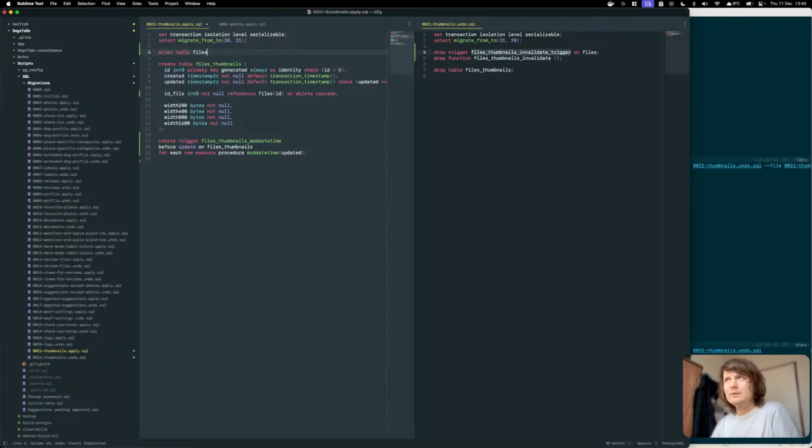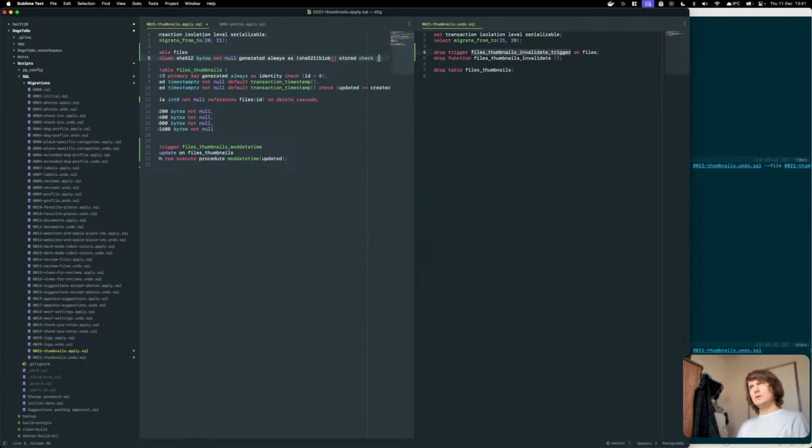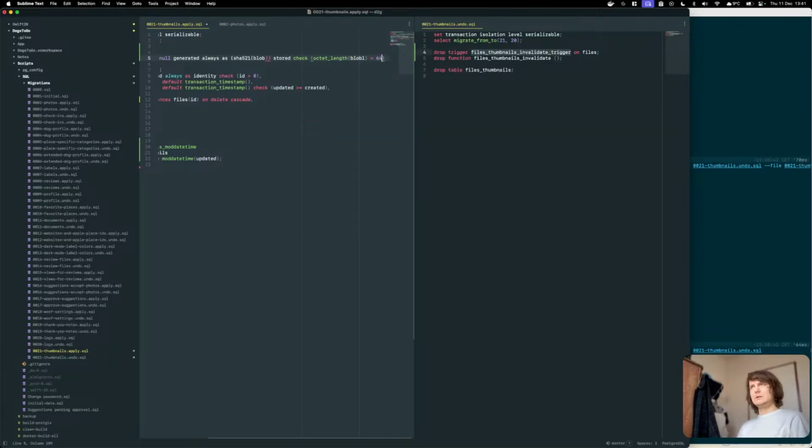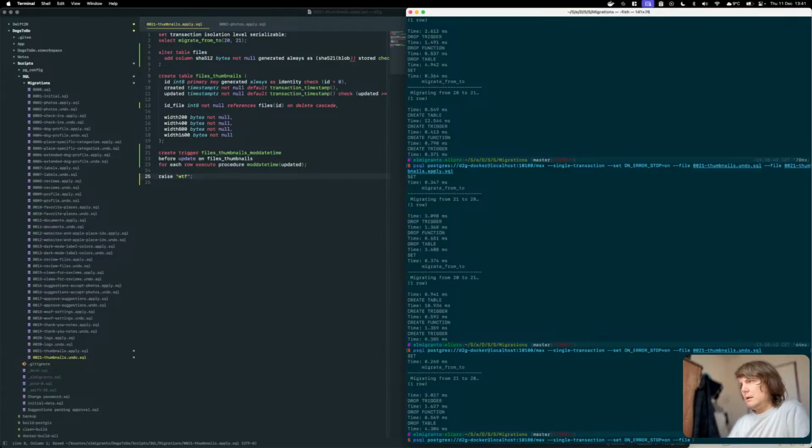Alter table files, add column, always as blob stored. What is 64 bytes? Okay, let's do